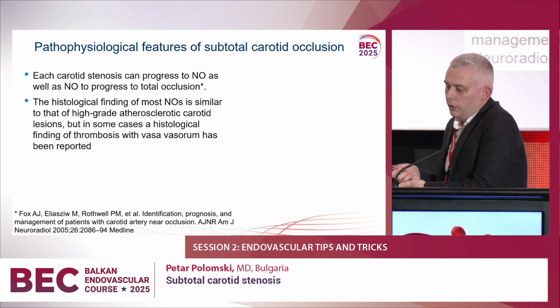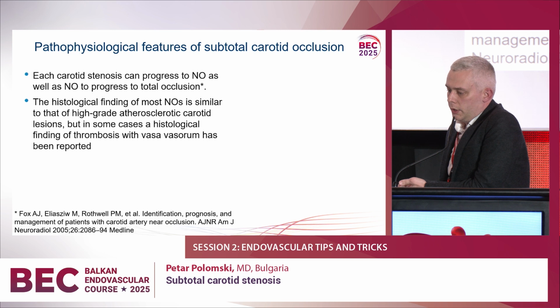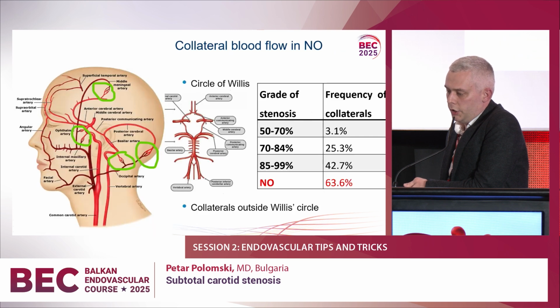So nowadays we know that each carotid stenosis can progress to near occlusion, and each near occlusion can progress to total occlusion. In most cases, the histological finding of near occlusion is similar to high-grade stenosis. However, in some cases there is thrombosis with vasa vasorum in these lesions. The huge game changer in this situation is collateral blood flow,